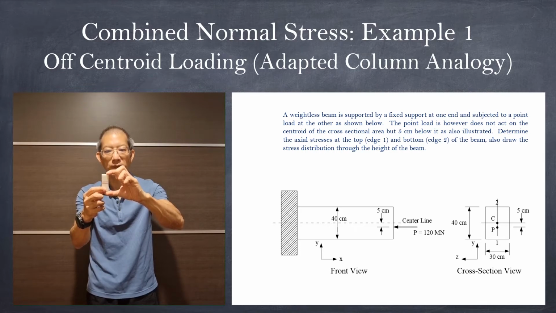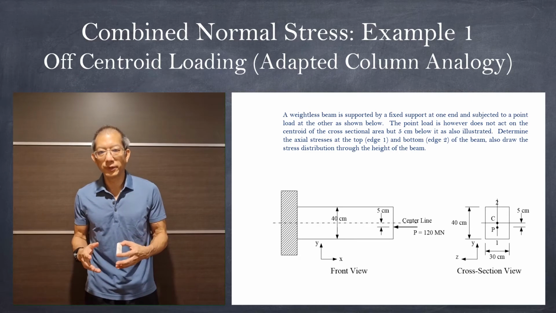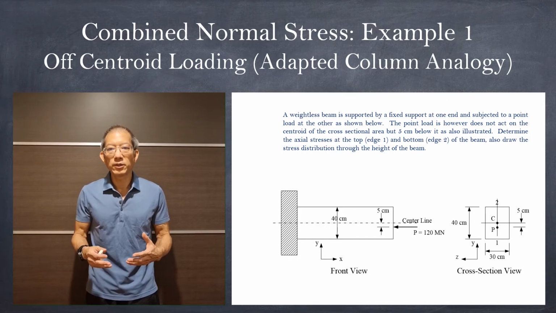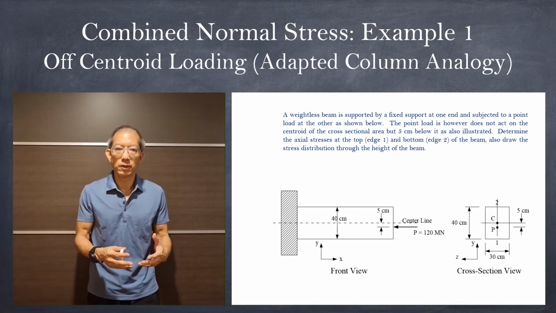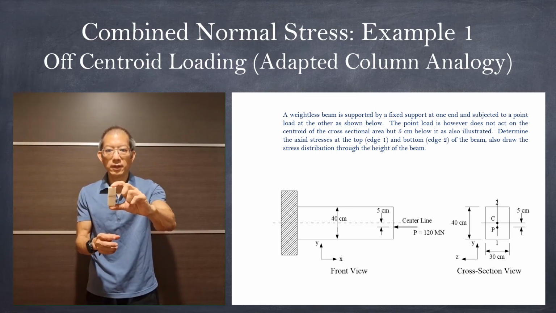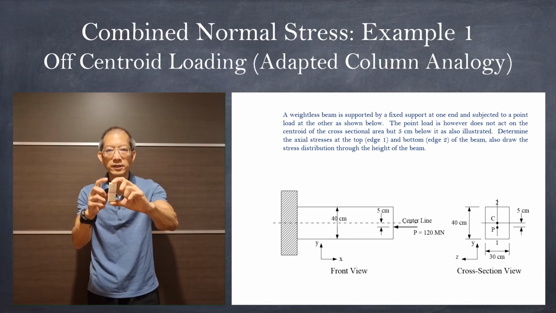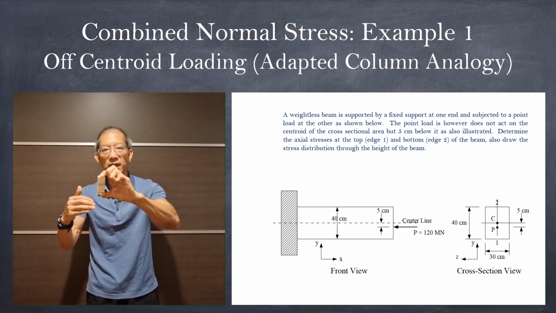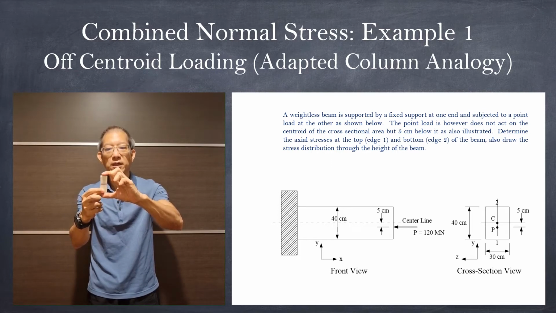Now, if I shift it a little bit this way, the first example we look at today is something that we call off-centroid loading. Generally, it's applied more to columns than to beams. If we press it exactly onto the centroid, it will just shrink, which is normal axial behavior, shrink or expand. However, if we press it not in the middle on the centroid, but shift it a little bit this way,